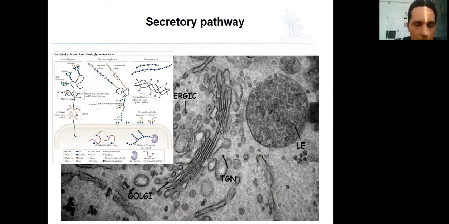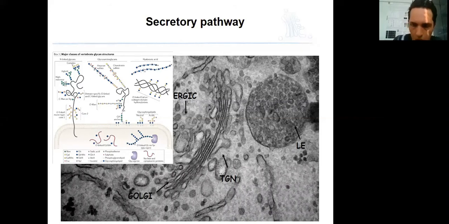Here you can see some examples of the glycosylation exerted by the Golgi complex: N-glycosylation, glycosaminoglycans, hyaluronic acid, or glycosphingolipids, for example. And this modification affects solubility of proteins and lipids, localization, half-life, and I would say cell signaling and many other